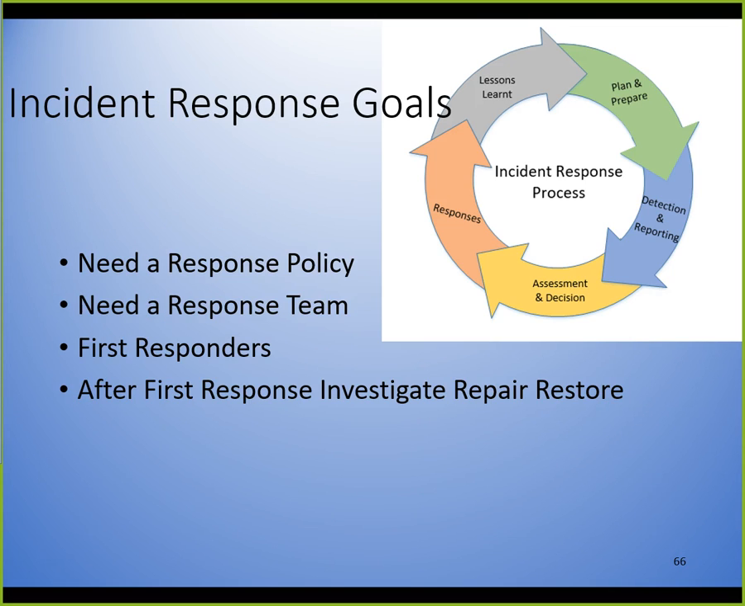Incident response goals: we need a policy, a team, and then first responders. And first responders, just like first responders in the accident world, are going to be the ones that get there and investigate, repair, restore. They're going to stop the bleeding. And the process up here at the top: plan and prepare, detection and reporting, assessment and decisions, responses, and then